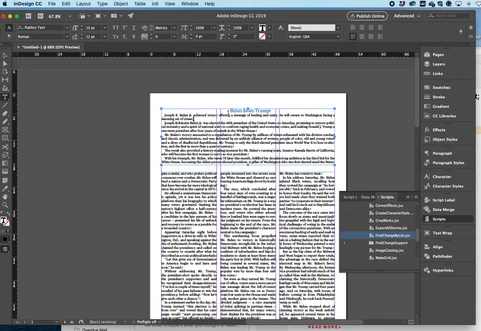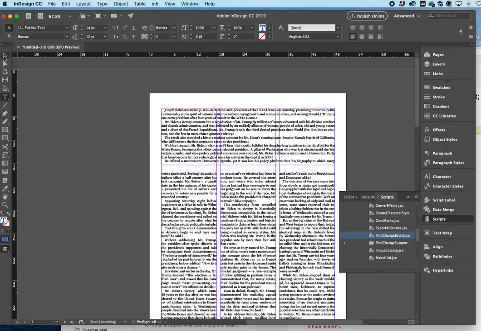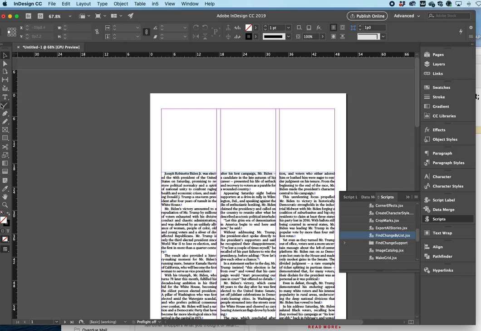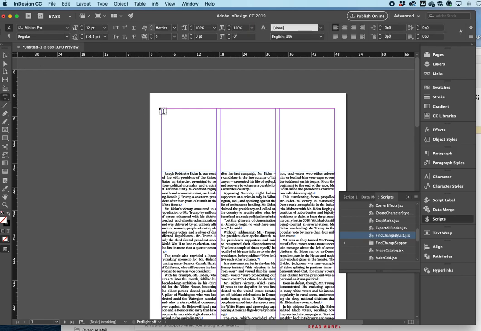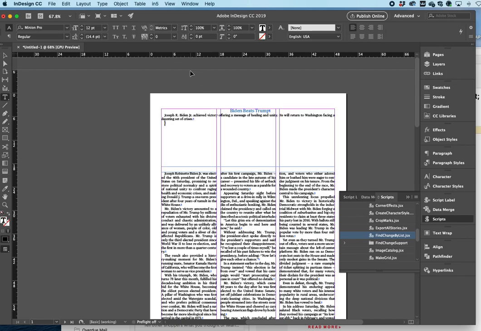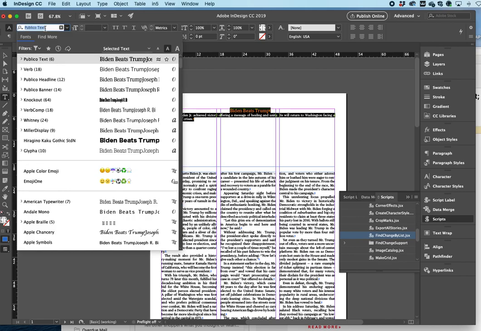Okay, let's just do it with the copy and paste way. Let's get rid of that. Let's get rid of this box. And let me just draw a new box here and paste that inside. So I'm going to make this look like a headline and what a newspaper or magazine designer would call a deck. So I think I'm going to keep it in Politico, but this time I'm going to make it Politico headline.